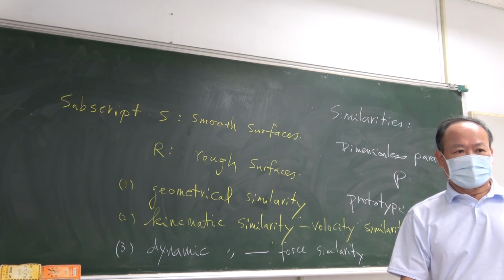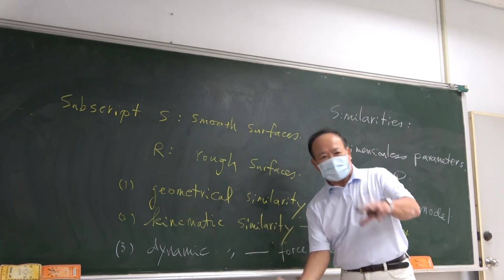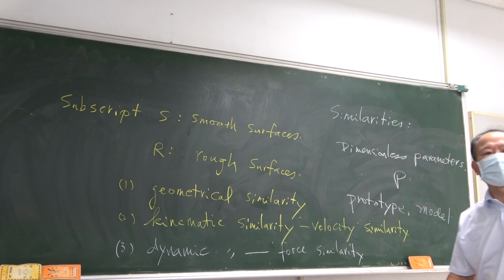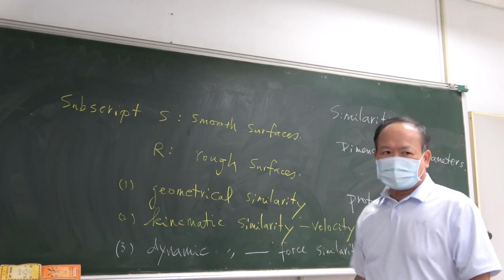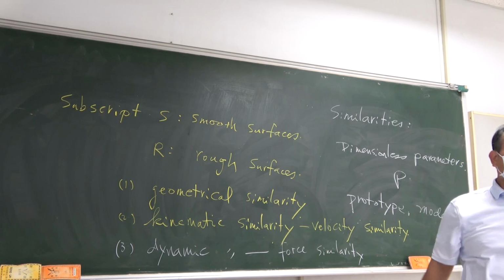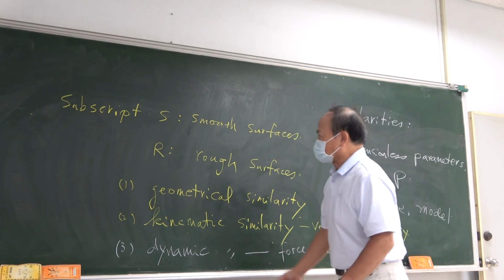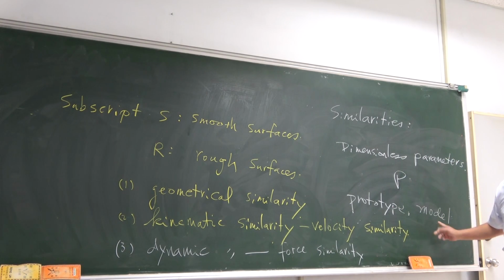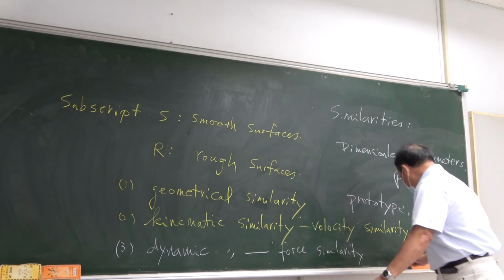the model force. Model force then, based on what we call the dynamic similarity, is transformed into the prototype case. 我们要利用实验的这个部分，再加上所谓的 dynamic similarity，转移到真实的情况，得到真实的一个力量。所以 three similarity allow us to have the prototype and our model have the transformation. We find that based on this, if these three similarity are satisfied, then we say